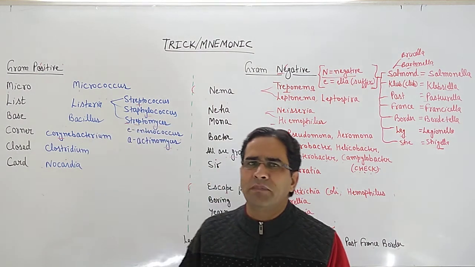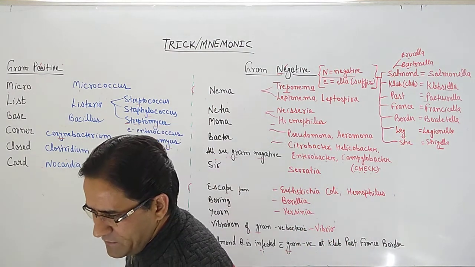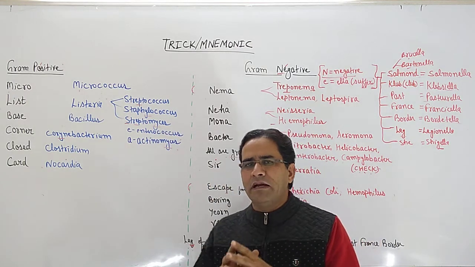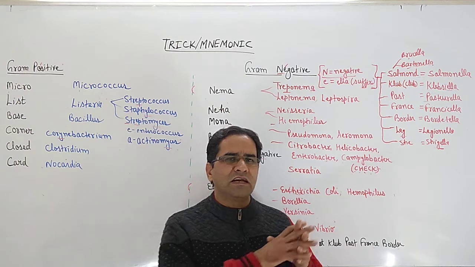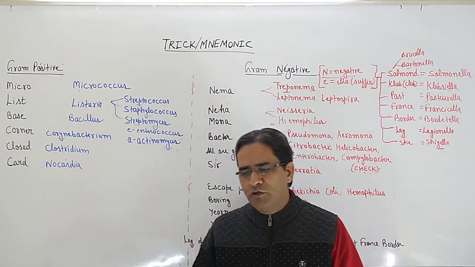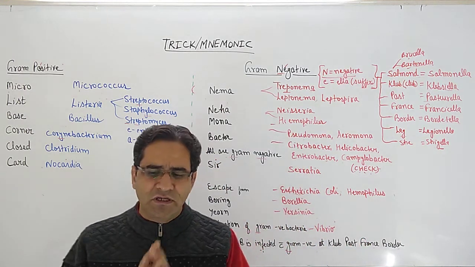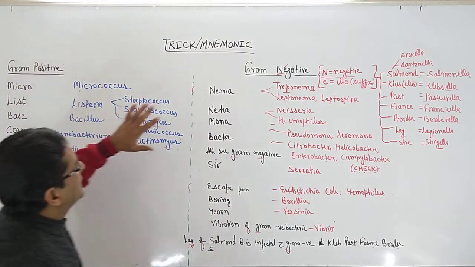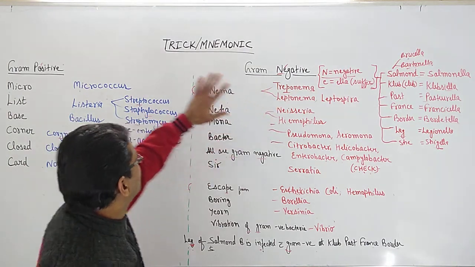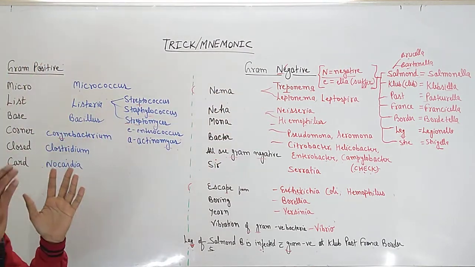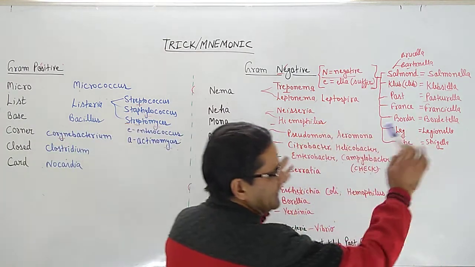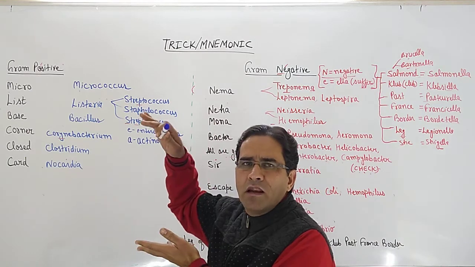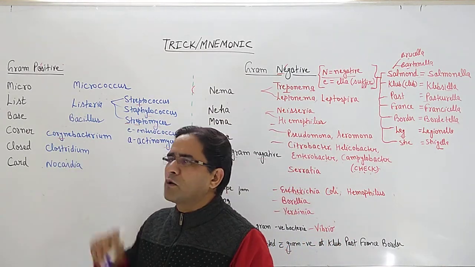So let us start one by one how to remember the name of different bacteria. And if the question has been asked that one of the following bacteria is gram negative or one of the following is gram positive, you can easily answer. You can easily answer university examinations, you can easily answer the competitive exams. See, it is gram positive, it is gram negative, this list is small, this list is big. So we will start our mnemonic from here only. This is the small list, so we can use the word micro.